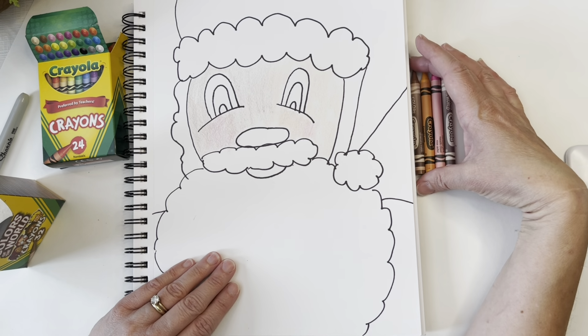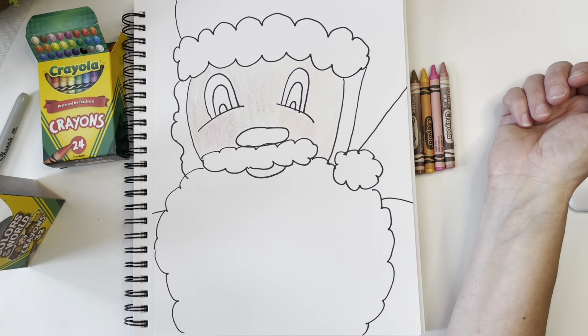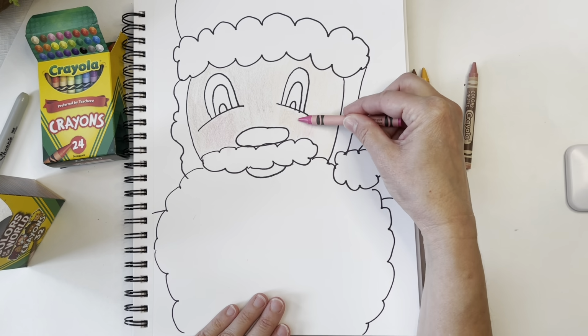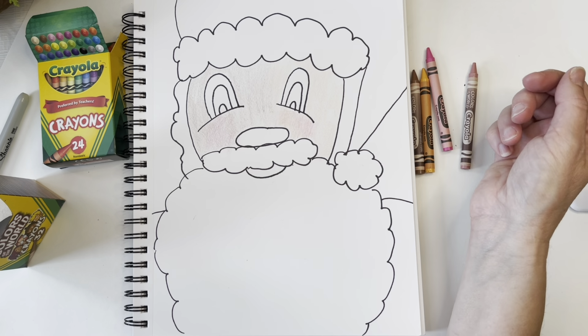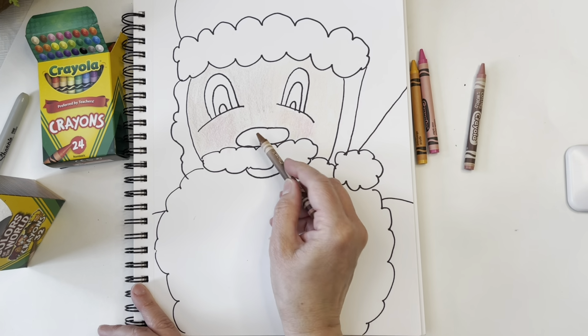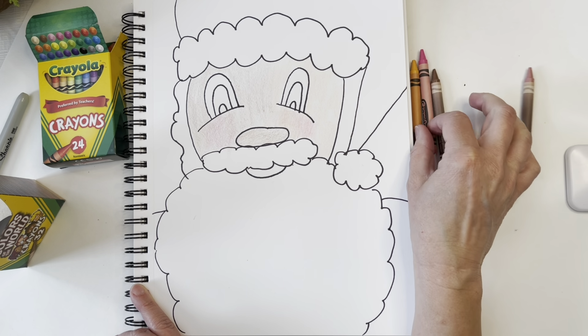Experiment, that means try different things, boys and girls. Try different colors, see what looks good. You never know what you're going to like. I'm going to go ahead and finish with this pinker color all over here. And Santa's nose is red like a cherry, so I'm going to show you what that looks like. I'm going to go ahead and make his nose this skin tone color that I started with over there. So I'm going to add that color,